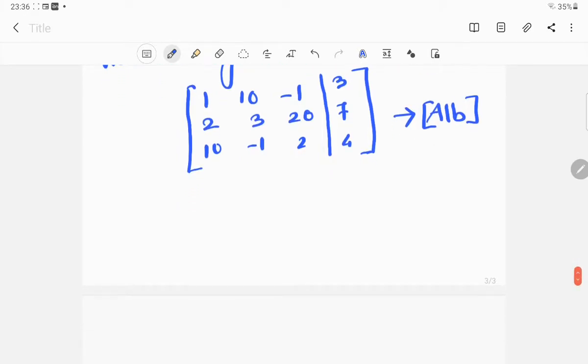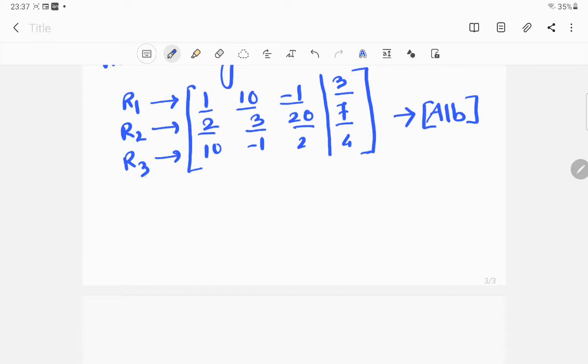So what is called partial pivot? Gauss elimination method means you need to eliminate something. Okay, but you need to use pivot also. So the first thing that you need to do, listen to me very carefully. I will identify this as R1, this as R2, and this as R3. That means row 1, row 2, row 3. Okay, so we will name it like this. From now onwards, if I call R1, you need to tell me what it means. If I say R1, then it is 1, 10, minus 1 and 3. If I say R2, then it is 2, 3, 20 and 7 in a row.